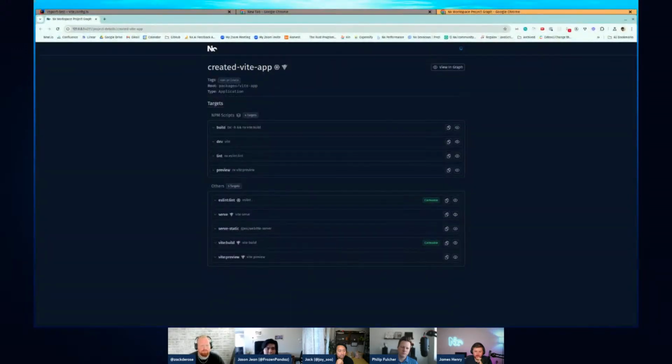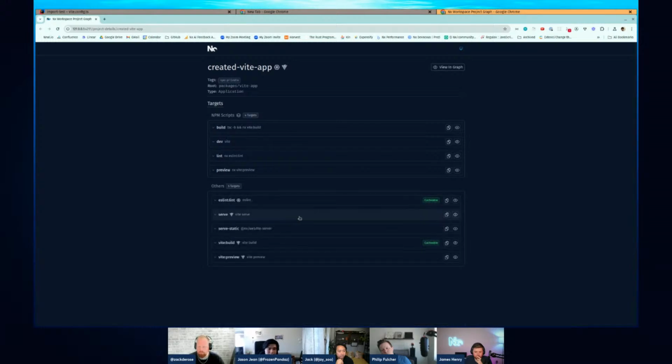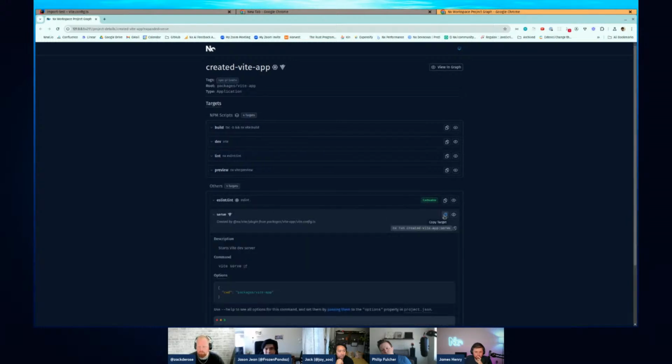So this imported the Vite app, and you can see that all the npm scripts have been imported. Also, all of the targets that we're able to infer with the plugins that we mentioned for Project Crystal were imported. And now I can go ahead and copy the command for serve.